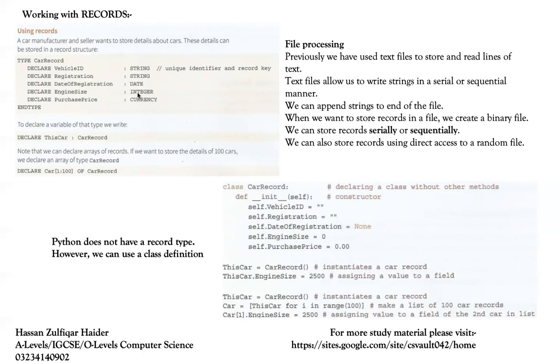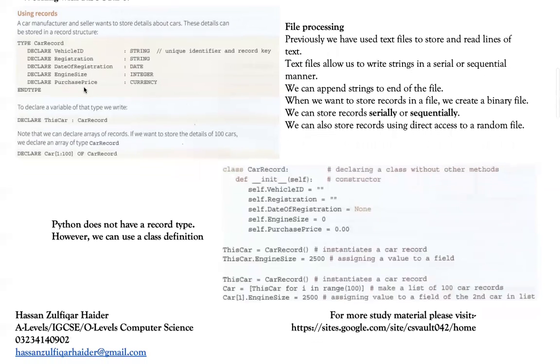And when I store that array in my text file, all of this information will be converted into string. So yes, it's a simple method, but it's not very effective, because when I want to retrieve the information from the text file, I will have all data stored in string, and I'll have to take additional precautions to convert them back to their original form. So that's additional processing, additional code. An easier and more effective method is that instead of converting the data into string, I keep the data in its original form, and it could be any type of data. And with a record, your data is stored in multiple data types. That's the basic motivation behind using records.